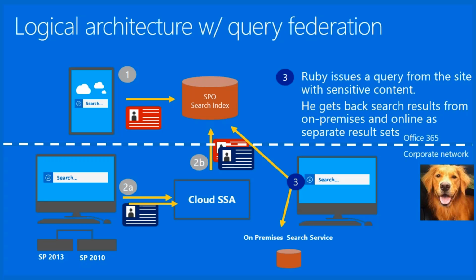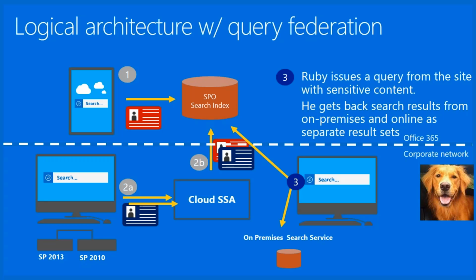What you need to do is stand up a second search service application, the traditional SharePoint 2013 or 2016 search service application. If we have two search service applications, what we can do is crawl the content that's allowed to go to SharePoint Online with the cloud search service application, crawl the private content that can only be displayed on